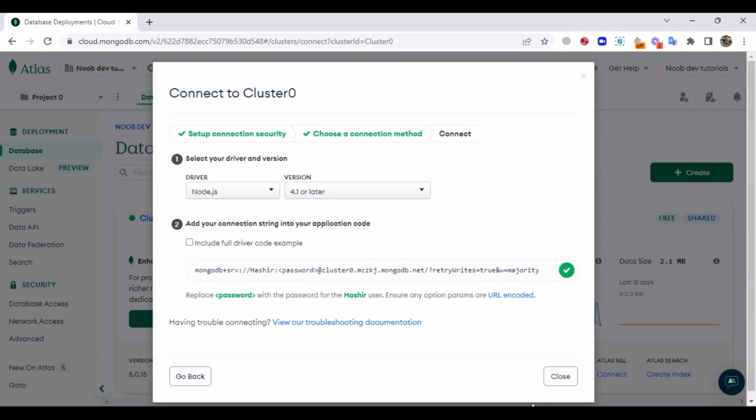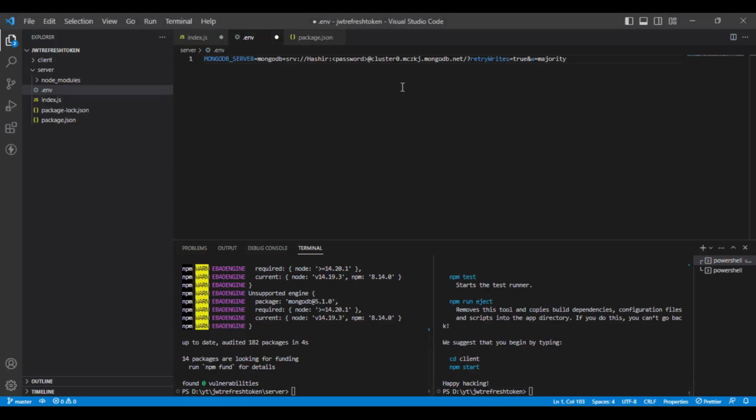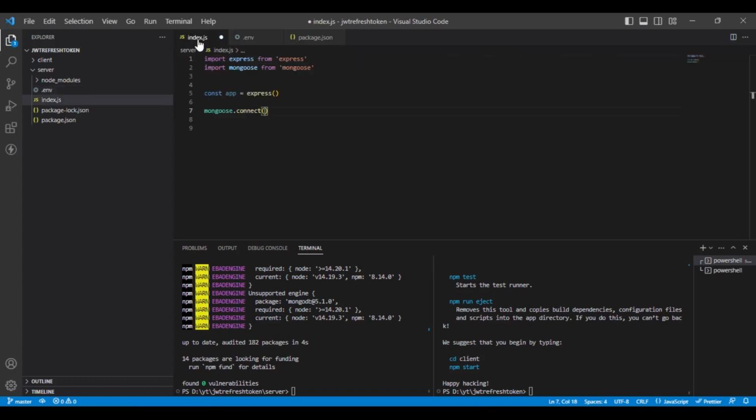So let me copy this and paste it, and here I will replace it with my password, and here I will simply write JWT refresh token. Okay, so let me save it, and here